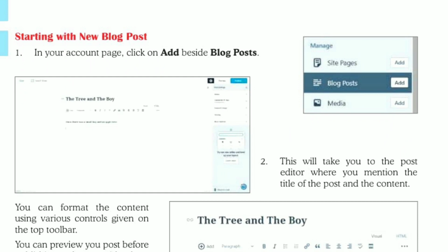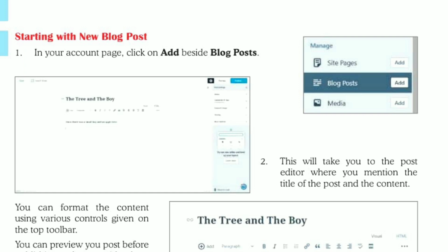Now the next point, as you can see on the screen, is starting with a new blog post. As you created a blog account, or if you already have a blog account, now you can create a new blog post.